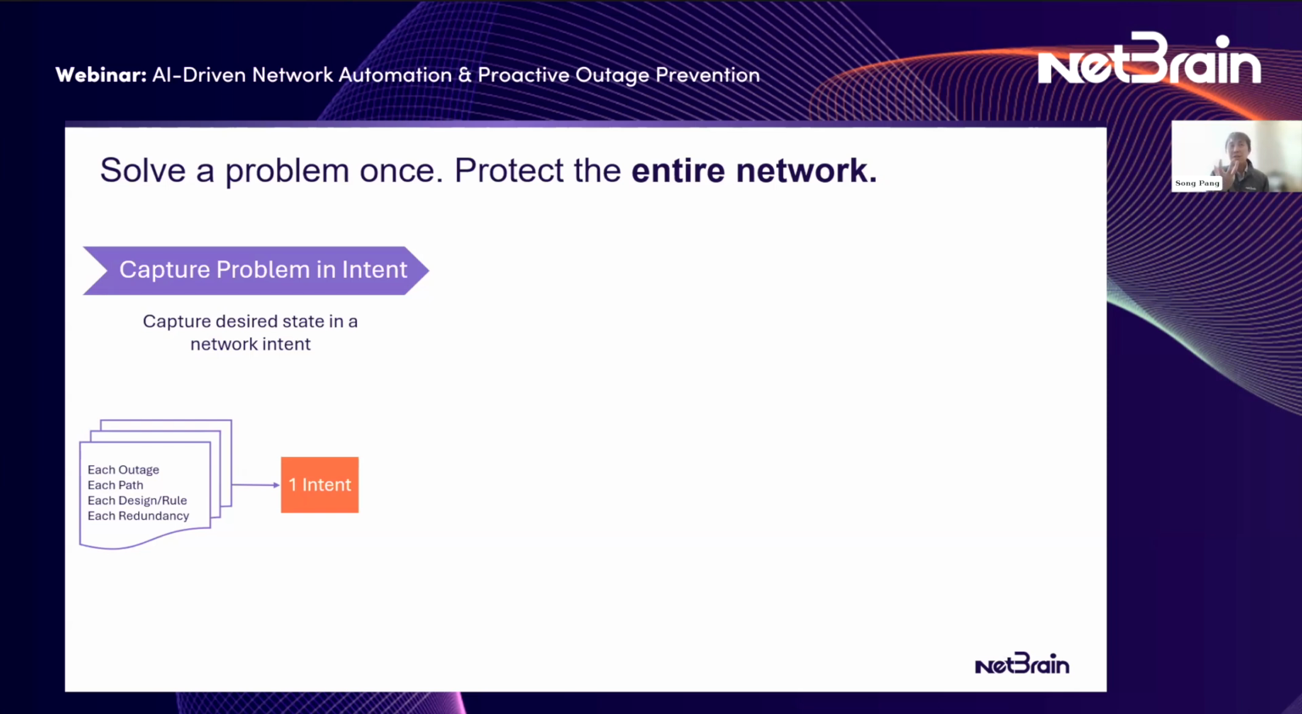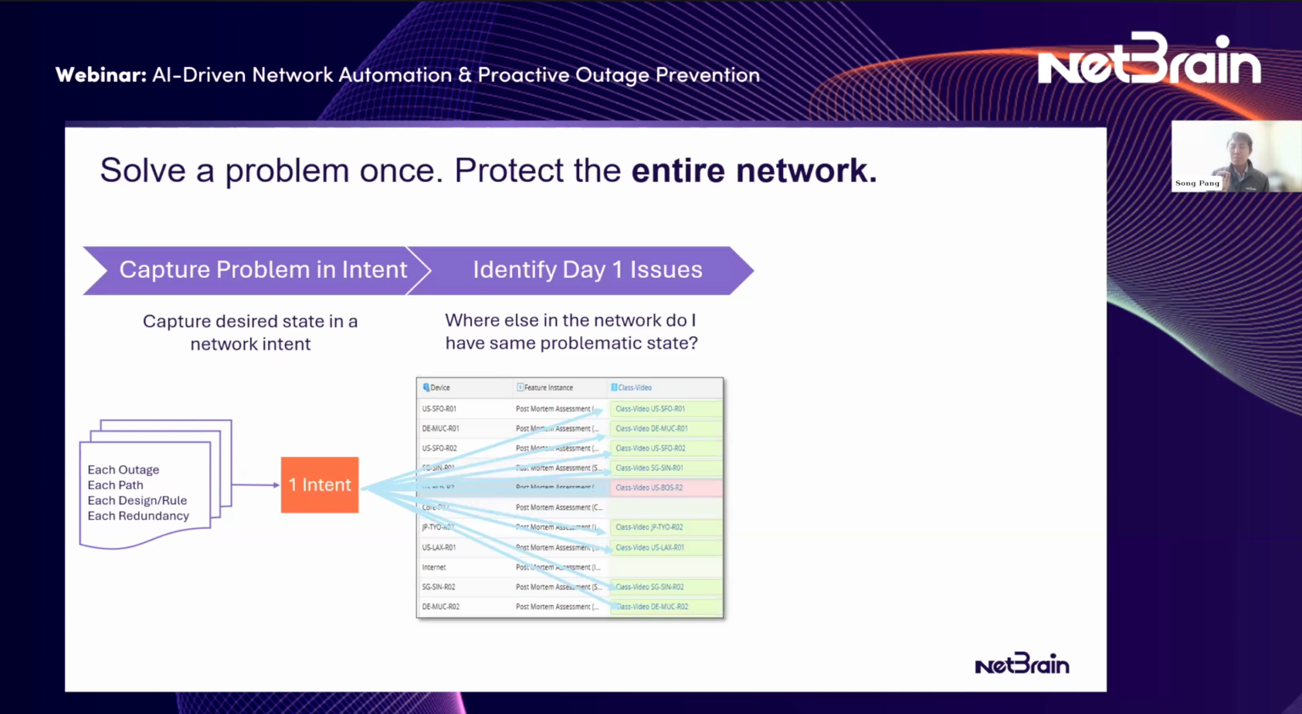So now if we can capture that desired state into a network intent, then what we can do is take that one example of that problem, happened on R1, this is the issue. We can take that learning, now replicate it across the entire network to all the other devices that are pertinent to answer the simple question, which is, where else in the network do I have this problematic state? Or where else in the network is this not true? So if you can do that, we can start to identify day one issues and rectify them before it really